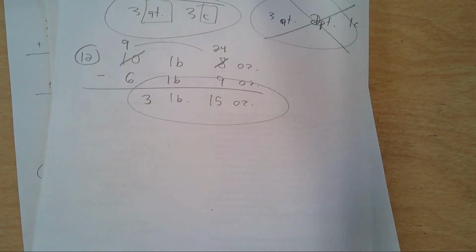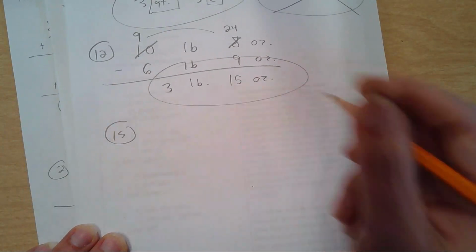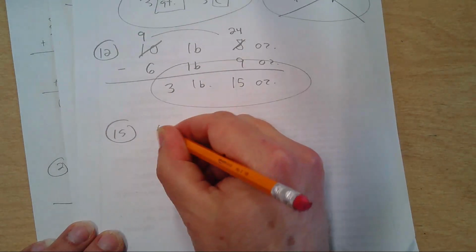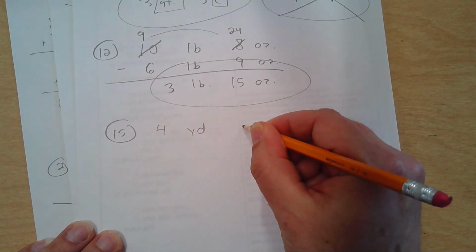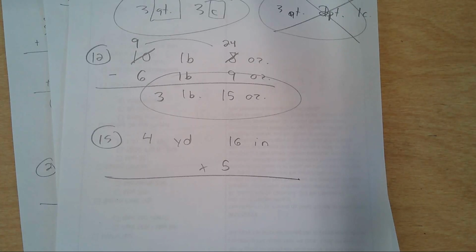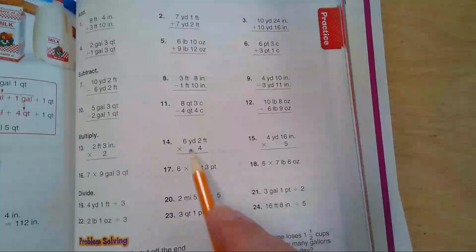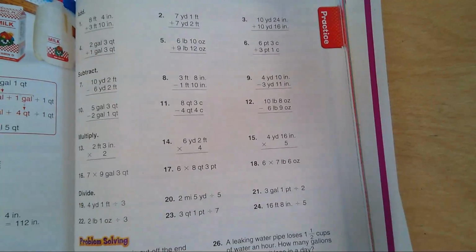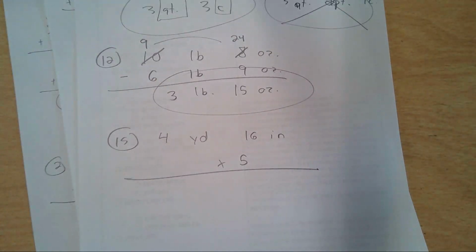So let's look at number 15. Again, skipping 13 and 14, there's no conversion to be made. 4 yards, 16 inches times 5. So first off, you should probably go, well, the 16 inches could be rewritten, but we'll just deal with that later. That's just how they present it. All these things have 2 labels going on: feet and inches, yards and feet, yards and inches, gallons and quarts, quarts and pints, and so on and so forth. So you're going to do 2 standalone multiply